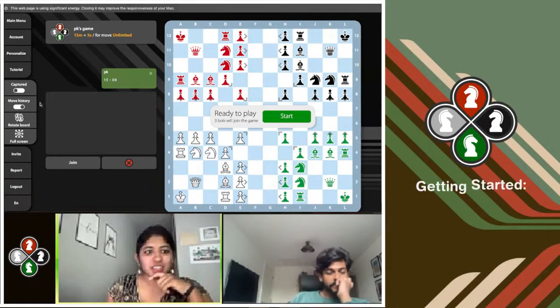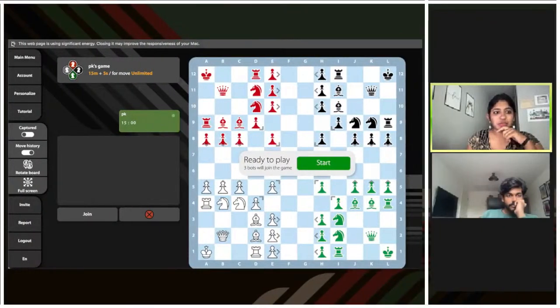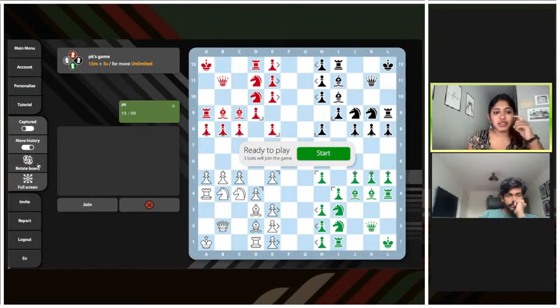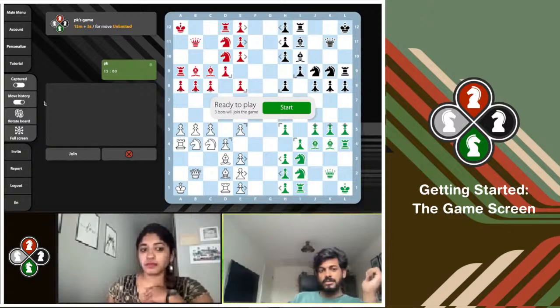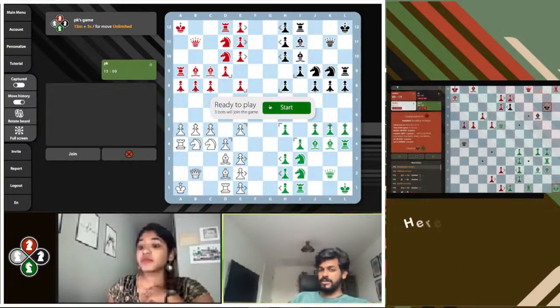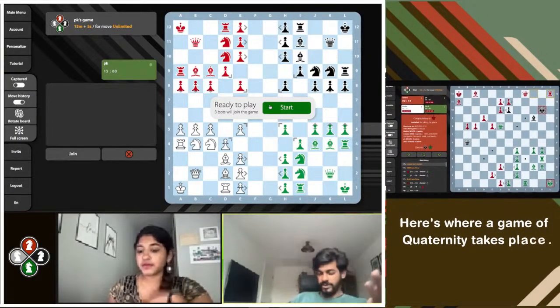Makes sense. So this is also interesting. I know this is something that's come up. Captured move history. Yeah, so that's allowing people to see what pieces have been captured already, and so that only, you need to start a game. So if you start this game